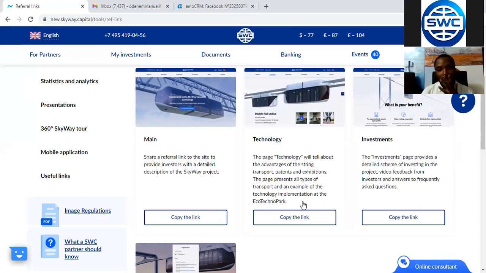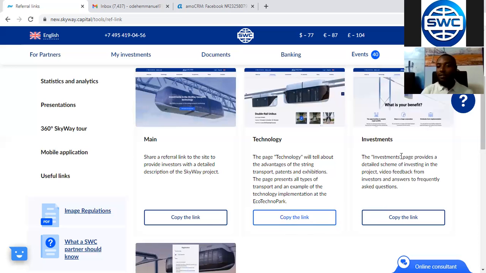So all you need to do is to come down here and click on copy link. Once you click on copy link, you can see the link has been copied, and you can go back to your clients, where you're following up on them, either on email or via WhatsApp. Once you go to your WhatsApp page, you click on paste and you paste the link for the prospect. And once he clicks on it, it takes him directly to the company's site explaining about the technology.